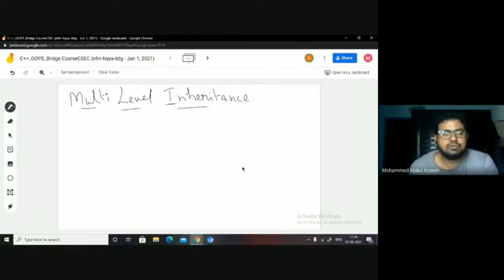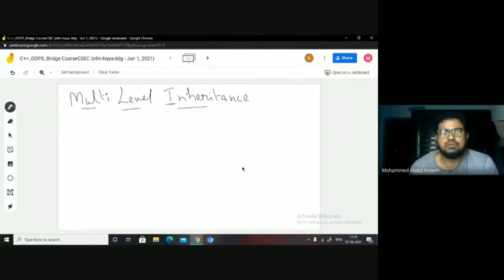They are accessible with private scope, right? Private scope in the sense in the same class you can access. It means if you have some functions in the derived class, within those functions you can access the private members of the base class, right? But not through the object of the derived class, right?